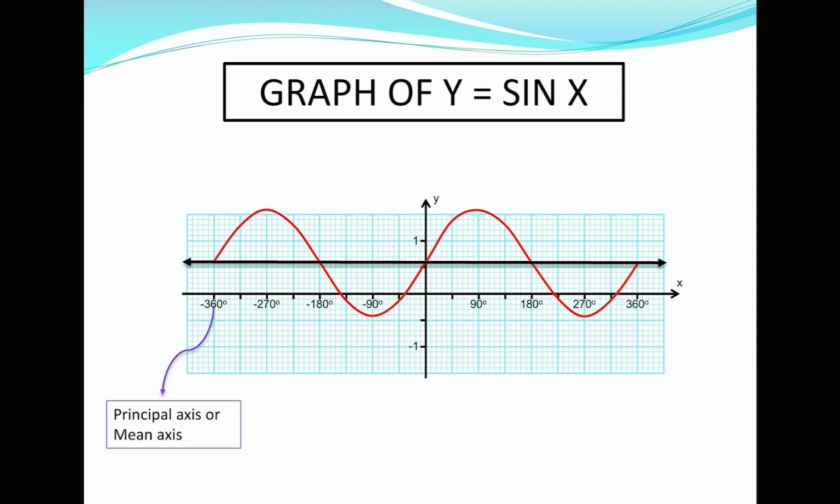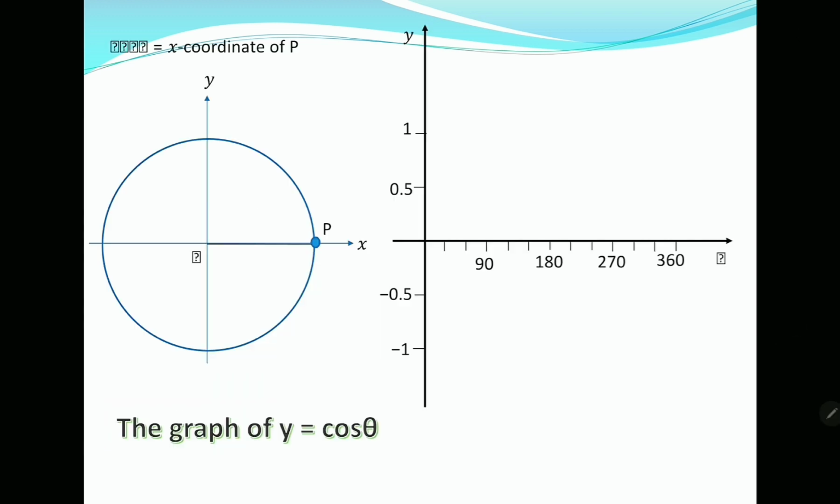This is not the graph of y equals sine x, we can skip this for now. We will plot the same for cos theta. Cos 180 is minus 1, cos 90 is 0, cos 270 is 0, and cos 360 is 1, cos 0 is 1. So on connecting all these points, I have a cos curve. So this is my cos curve function.